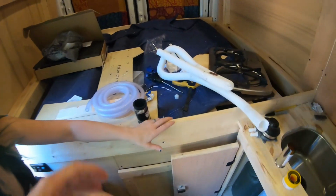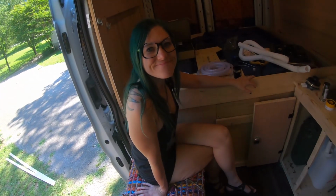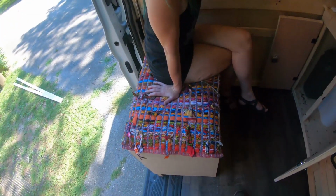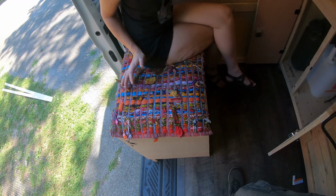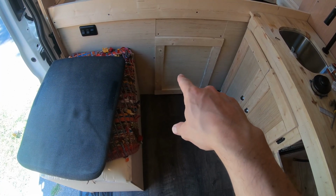So I got some more hose and some more wood and an ash. Sweet cushion. Yep, works for now. Okay, I got the cooler door